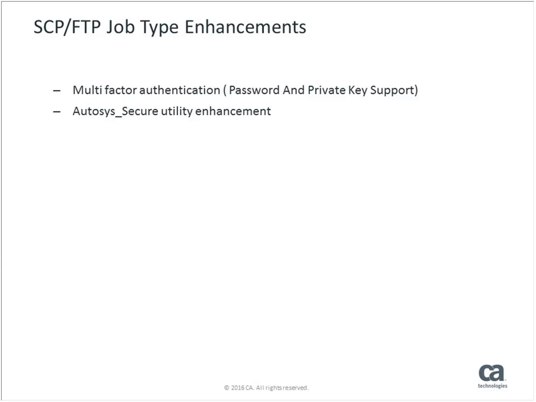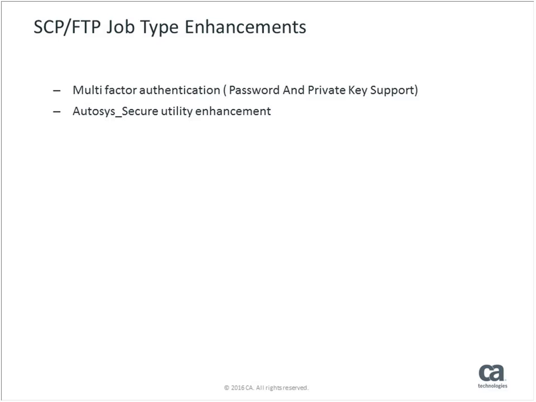Another set of enhancements that we made are for FTP and SFTP job types. For the FTP job type, we have added a new attribute called external user. So this essentially allows a job to be run as a separate user than the agent user. And for the SFTP job type, besides this ability to run a job as an external user,